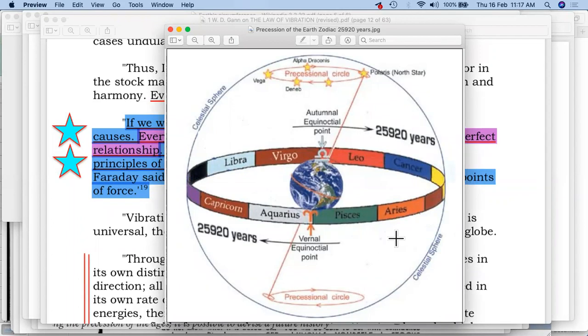This is something really important, and we are talking about the precession of the equinox. Further, we'll try to understand what the cycles related to the precession of the equinox are, and how they are related to the sun and to Sirius, the star. So stay tuned. We'll soon find out the rest of the details also.